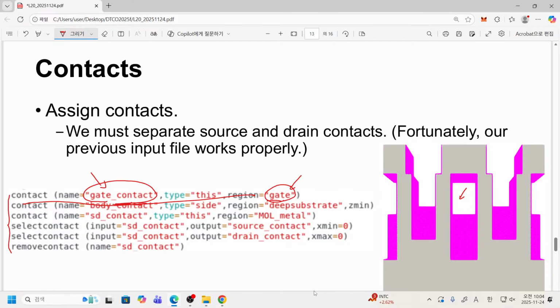And an interesting point is you can also find gate here and there. They are not separated. Although we have the name gate contact, here we have the real gate and dummy gate, and they are all attached to this gate contact. So I think it is better to eliminate this unwanted gate part for your efficient simulation. And another one is